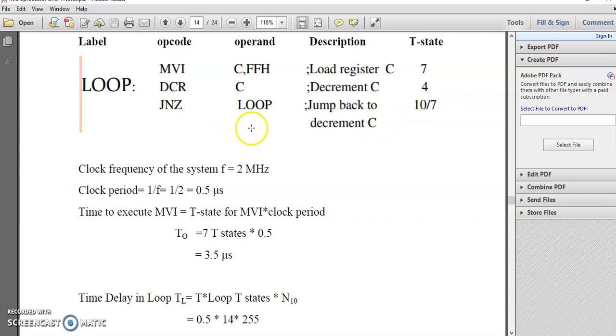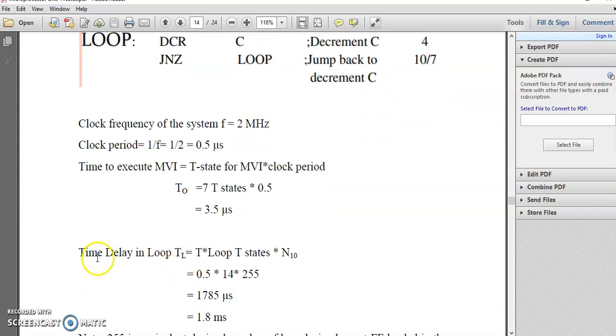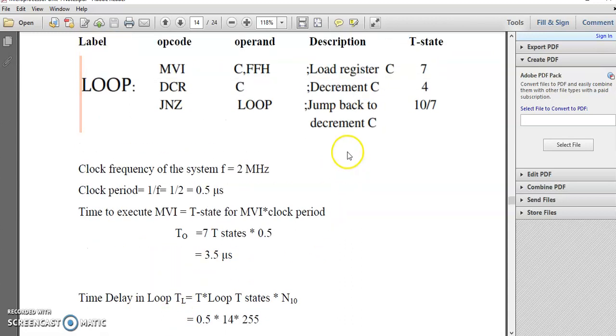So the time delay in the loop: the loop is executing 255 times. So 254 times this instruction will require 10 T states, and for the last iteration, when this condition fails, it requires only 7 T states.